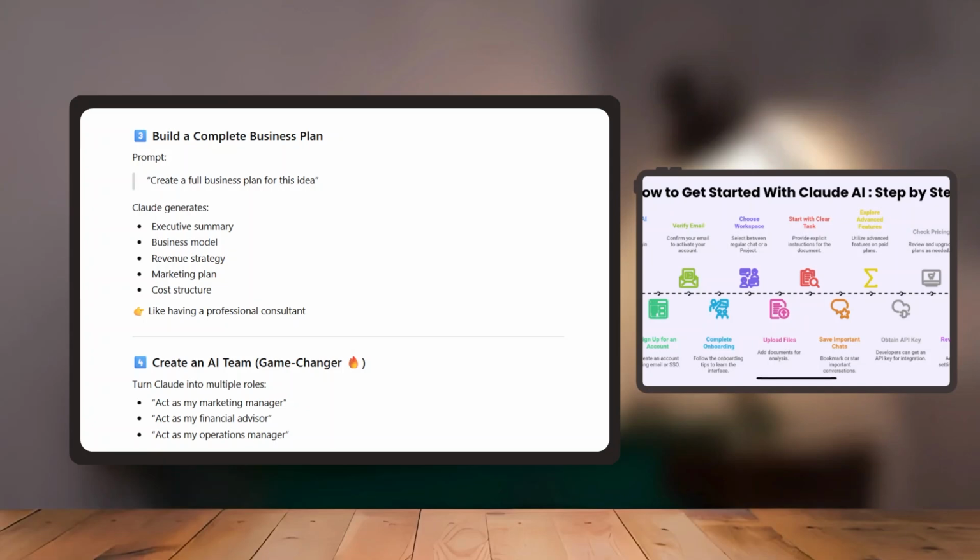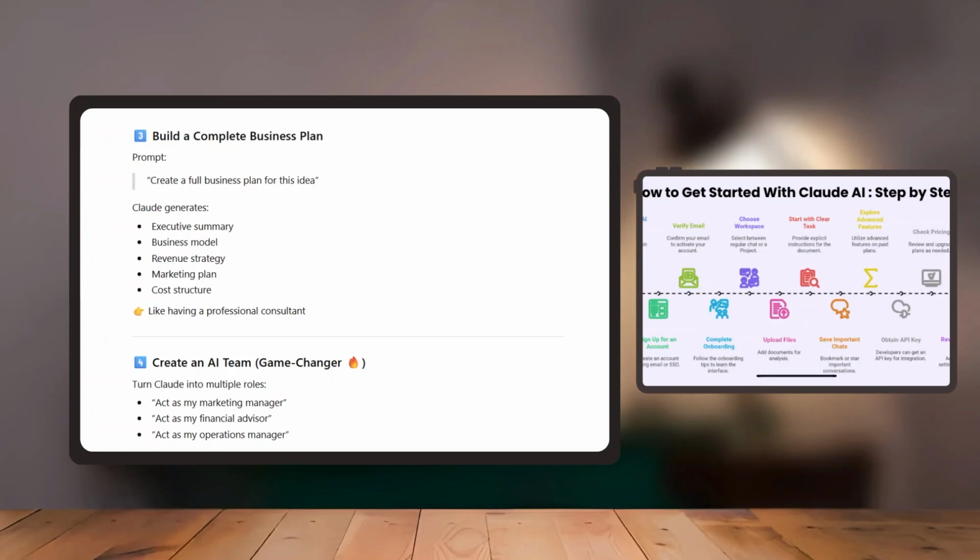Then, build a complete business plan by asking Claude to create a full business plan for your idea, and it will generate an executive summary, business model, revenue strategy, market plan, and cost structure, which feels like having a professional consultant guiding you. After that, create an AI team by assigning roles to Claude, such as acting as your marketing